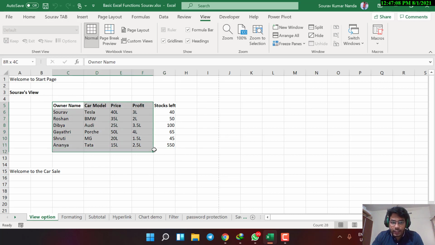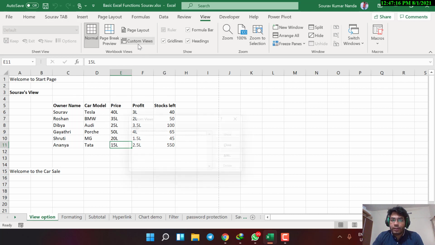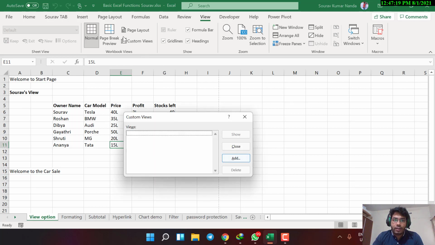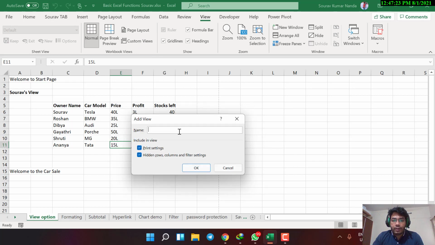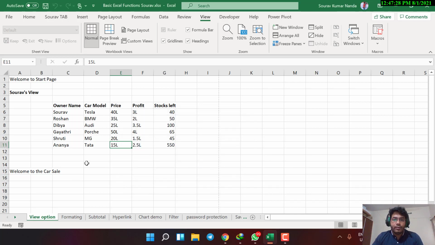I need each and every detail of it, like how much stock I need to sell and how much profit I'm getting from pricing and stuff. So I'll make this a default view named myself. I'll just click on custom views in the View tab, where you can find custom views. Then you have to click on add here. Let's say I'll keep it as myself only.